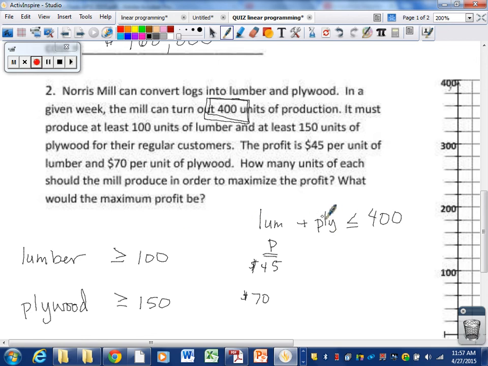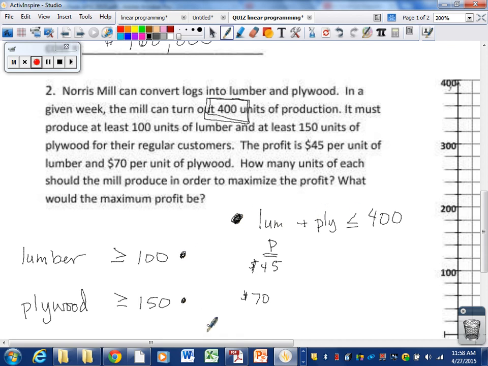Just try to not make crazy things. You know you're going to have more than one equation. There's your basic equation of the relationship between your two things, and then there are these two constraints, just like with the gas problems, where you have a gas tank that can only hold so much gas. Here we have to produce this much lumber and that much plywood. So these are your three equations, the sum equation, and then your two